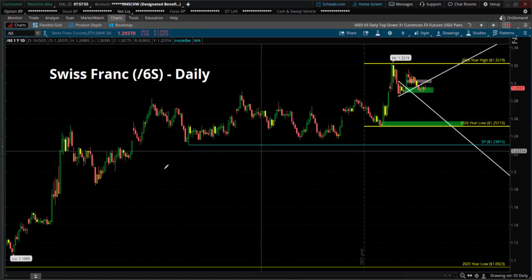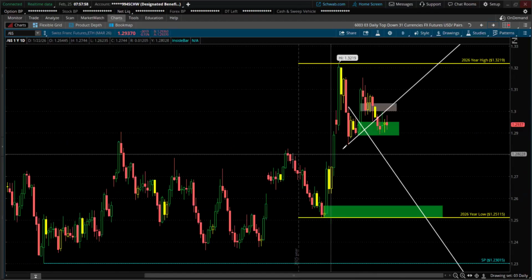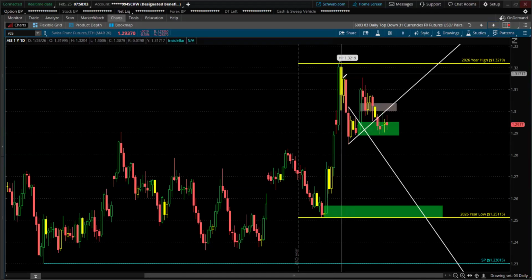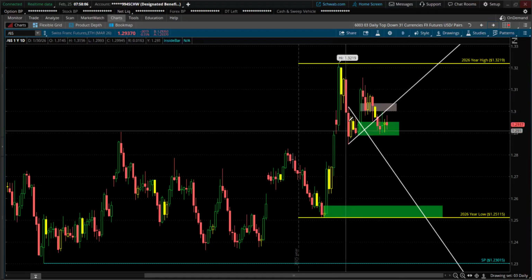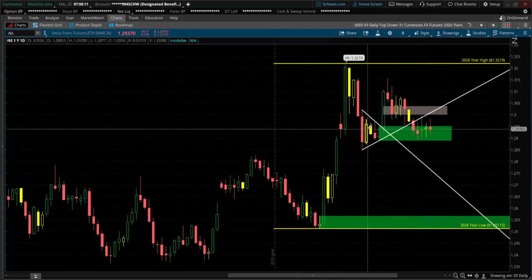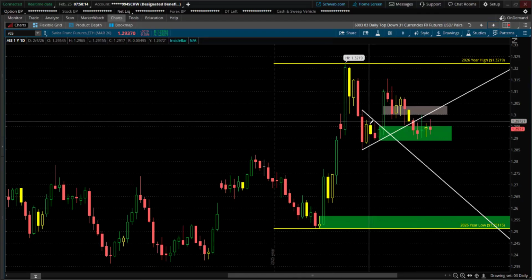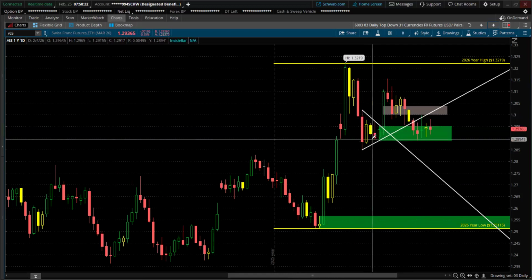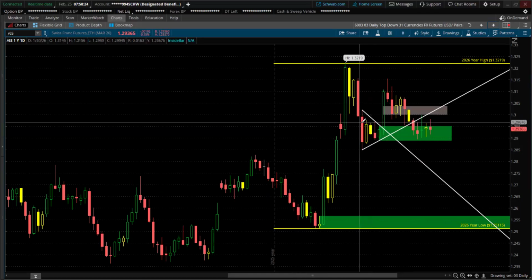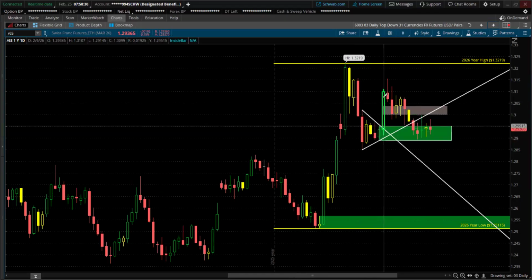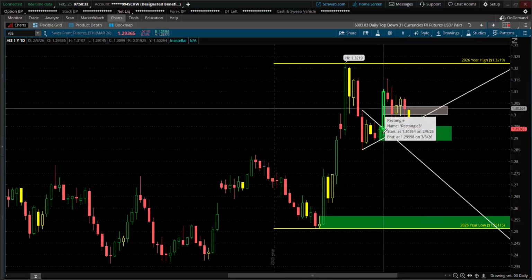The Swiss franc. I shared this several weeks ago. After it came off the high, the Swiss franc, we did a retracement. Red candle, we had a consolidation there. So when we had those inside candles, I drew those after those inside candles. So when that red candle came, I drew the wedge, those white lines right there. That was a wedge. In that wedge is a coil, tighter, tighter, tighter. Didn't know which way it was going to break out, but I said when it breaks out, it'll likely break out in strength. We had a strong breakout, that big green candle, strong to the upside, used a lot of energy,